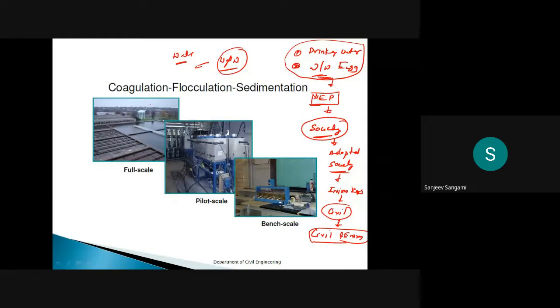So in future, definitely wastewater engineering and drinking water facility will become one of the popular courses. Because most of the time, sometimes we get more water that is unusable.